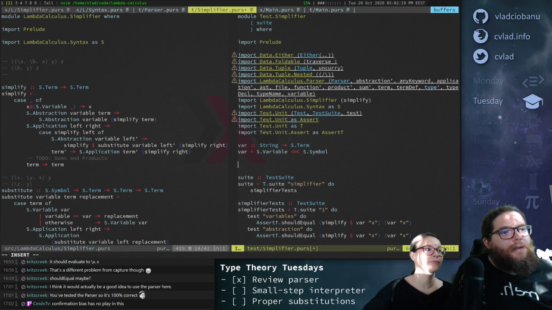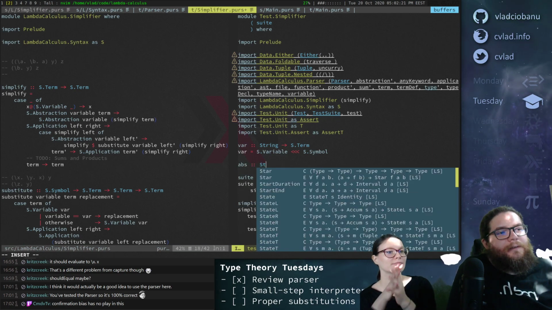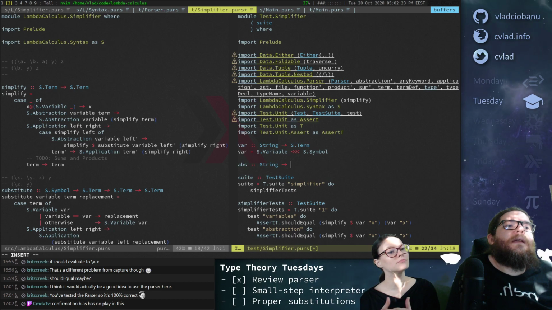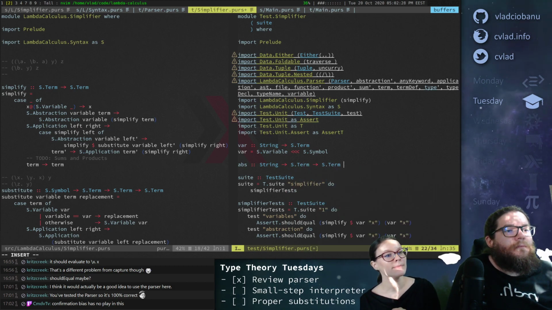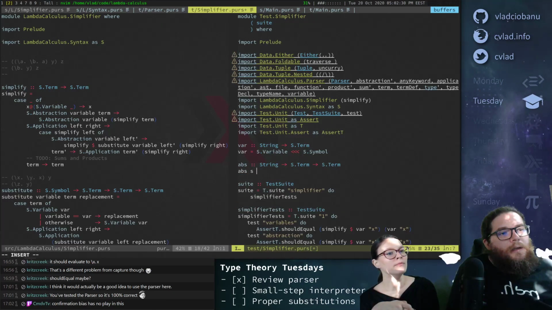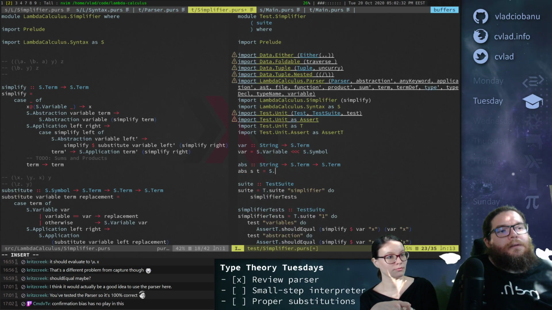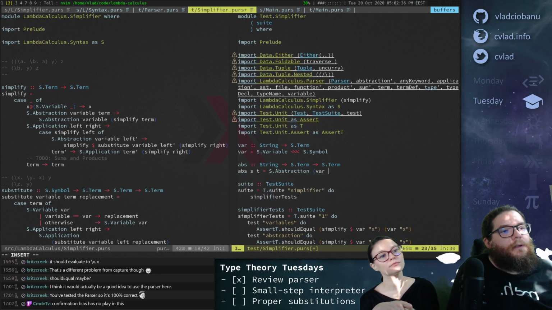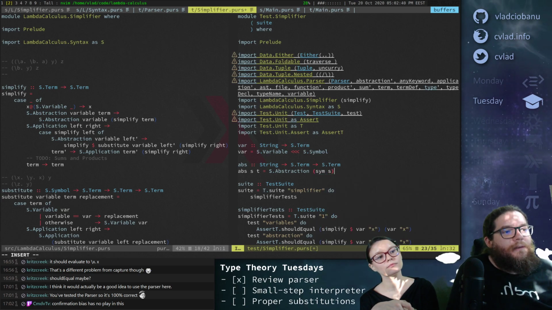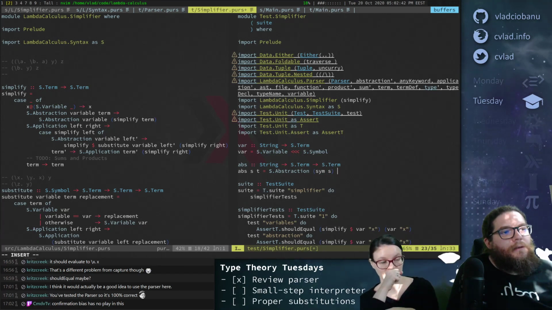Let's see, we could create an ABS which takes a string and a term and gives us back a term. Var s, no, okay, it's sim s and then p.